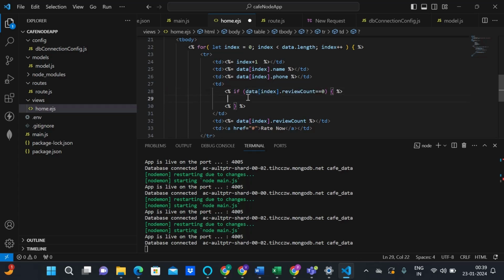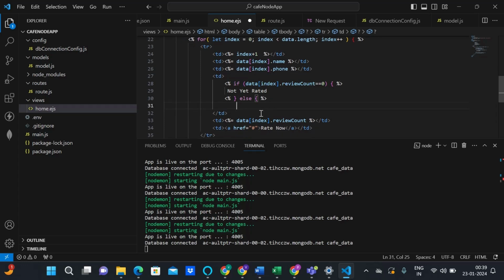Then what I'm going to print is not yet rated, not yet rated. Okay, cool. And I'll add the else also. In the else, I'm going to give the value, let me just write the value here,